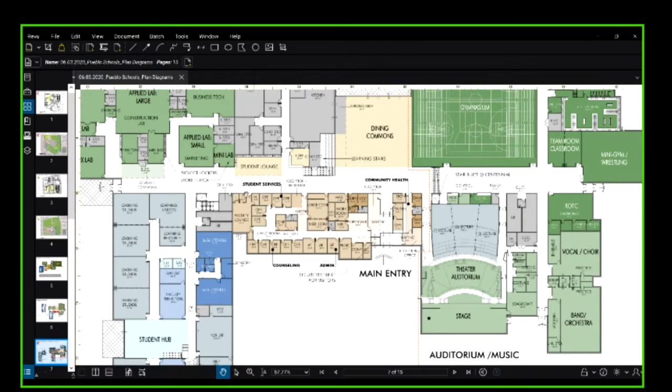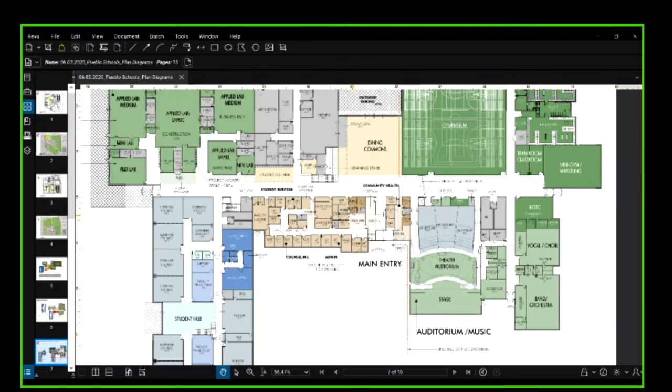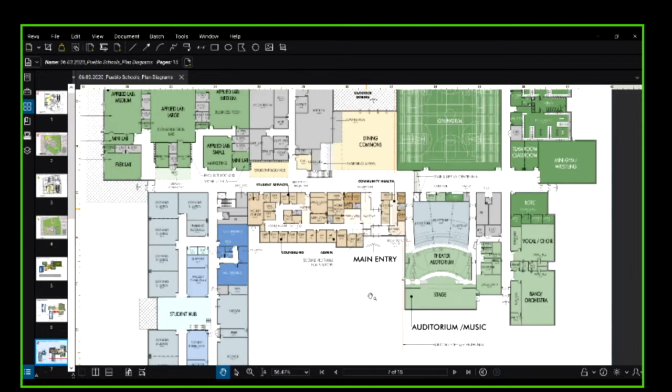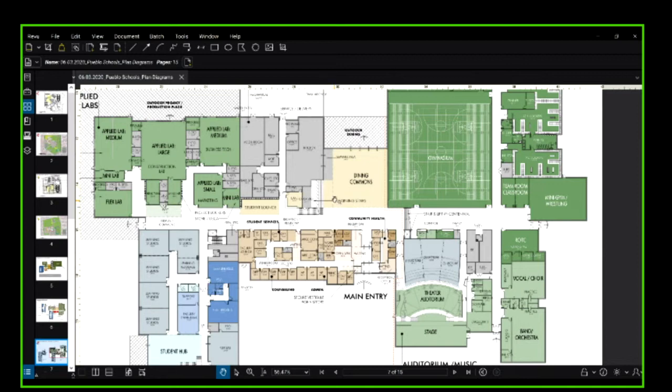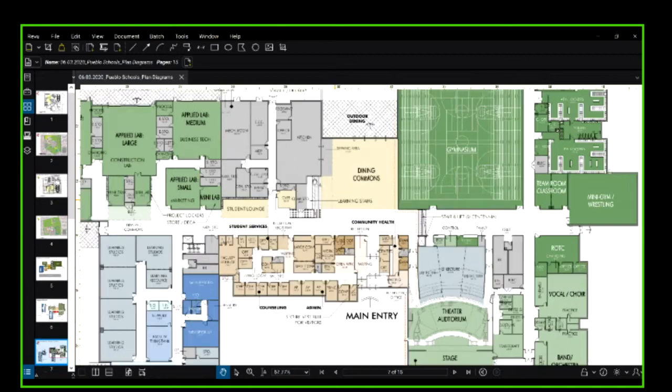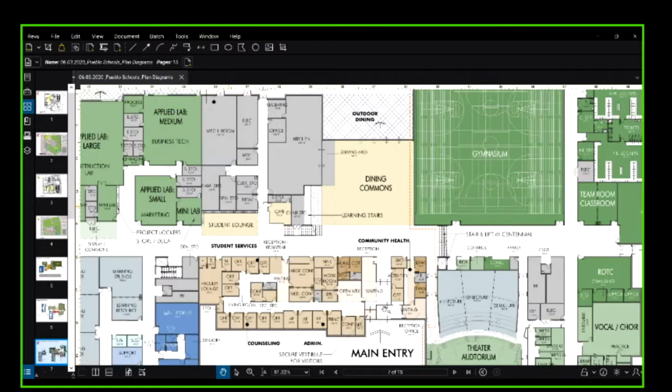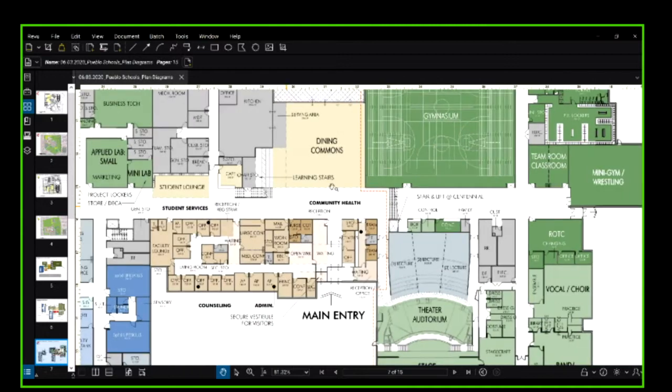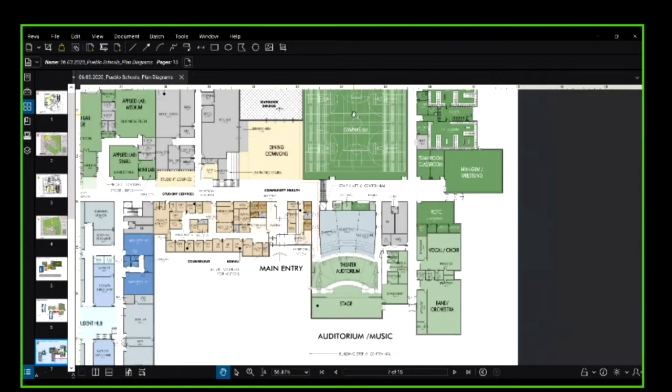And then we have our entire admin suite, counseling, and our student services. This is very much a work in progress, so don't look too closely at it. But what that does is dump you right into our special space, the heart of the school. Right now we've got our learning stairs leading you up to our student union and our library space, which I'll show you in a minute. And on Centennial, because of the step in that site, we actually go up 4 to 5 feet to get to our gymnasium and our auditorium theater.